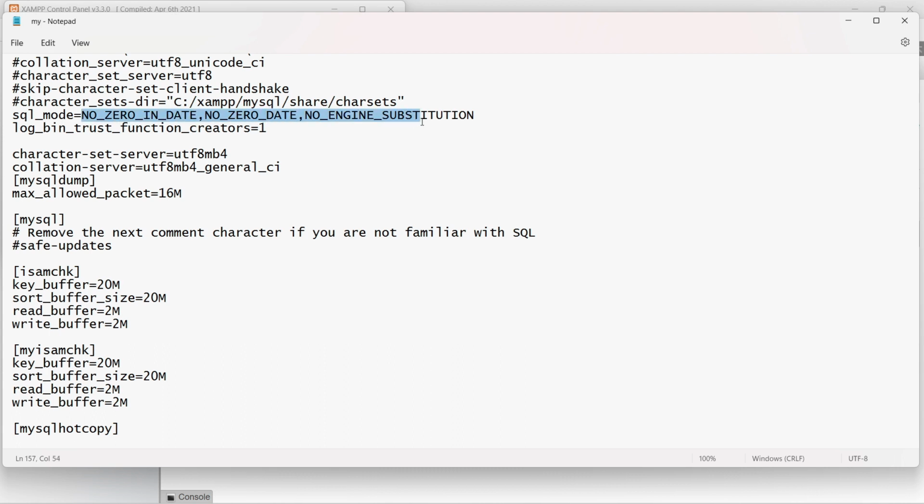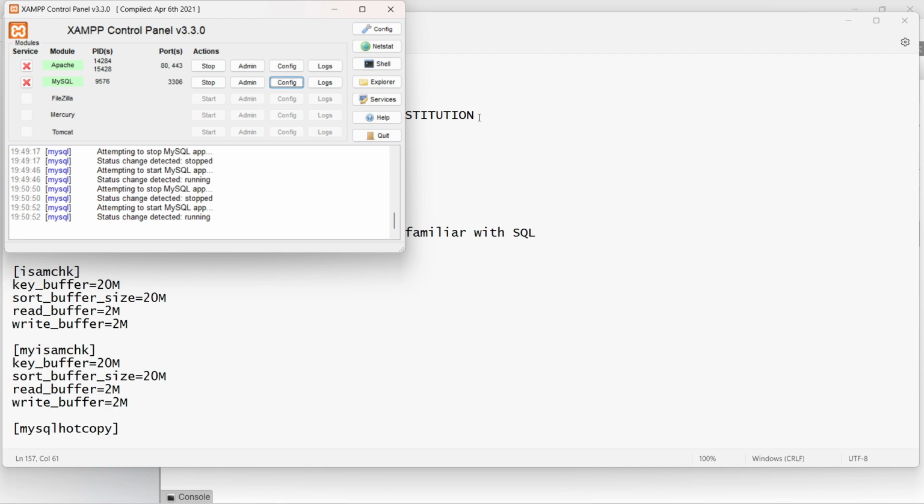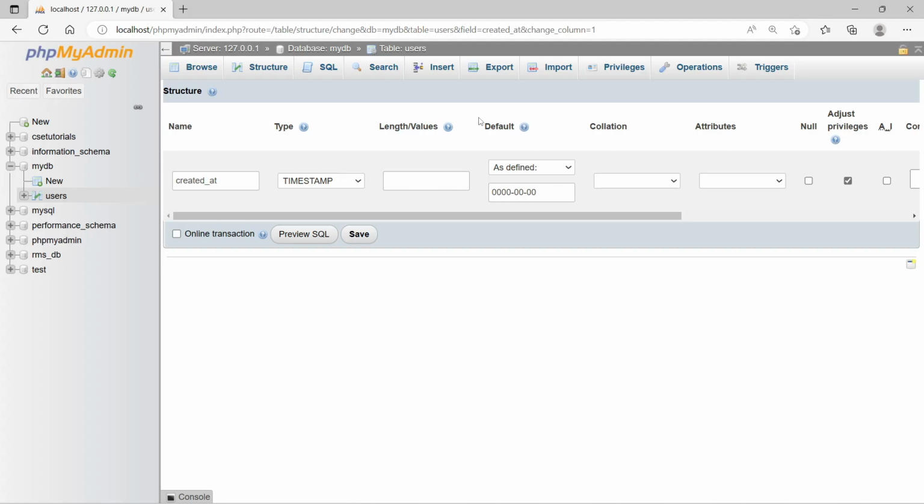SQL mode is equal to something. There are some values like NO_ZERO_DATE and NO_ZERO_IN_DATE, which means we cannot provide zeros in a date. So the SQL modes are already defined so that we cannot provide zero values. If I try to provide a zero value, you will get an error.